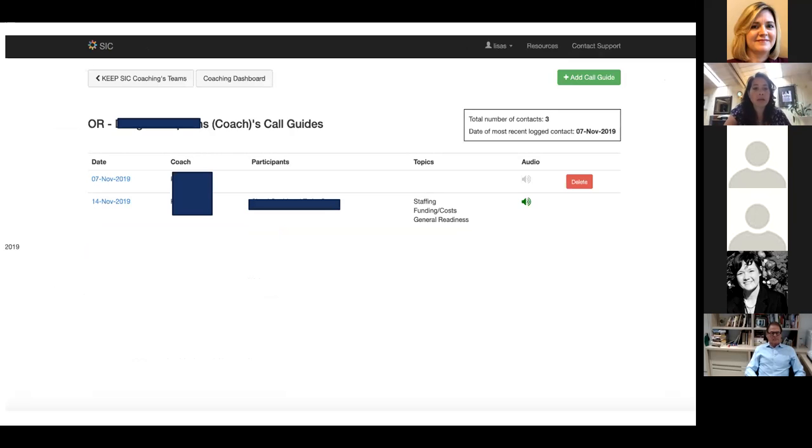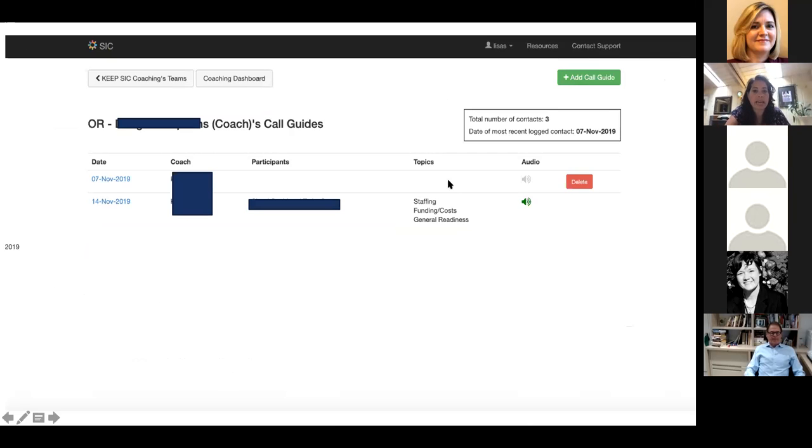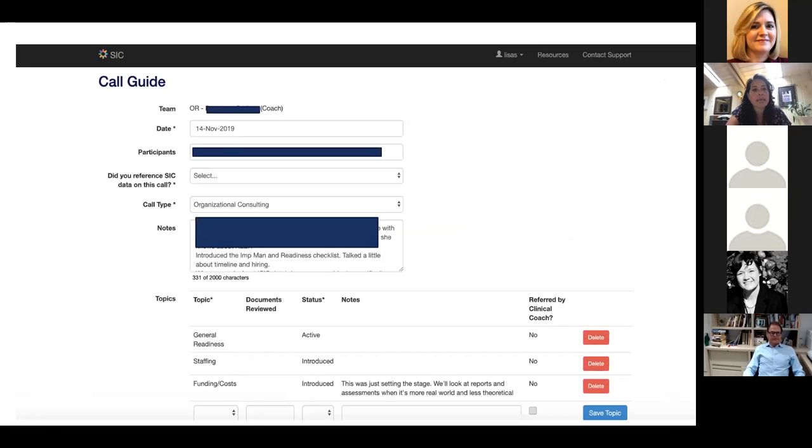We then have our call guides where we're collecting information about the calls. We're looking at what topics they covered. Again, we audio record that so that we're able to listen to it for our own quality assurance. And then we're having them type up a little bit about the notes, and letting us know, is this a topic that they plan on